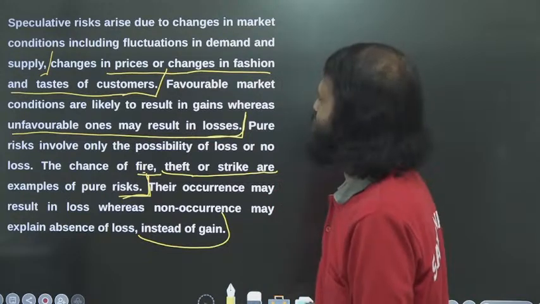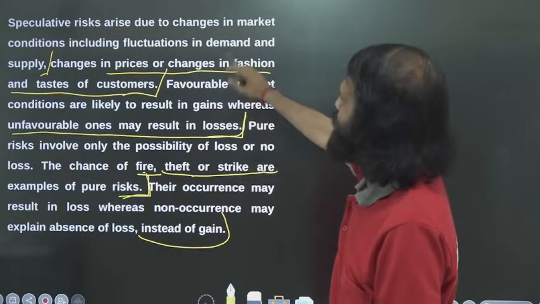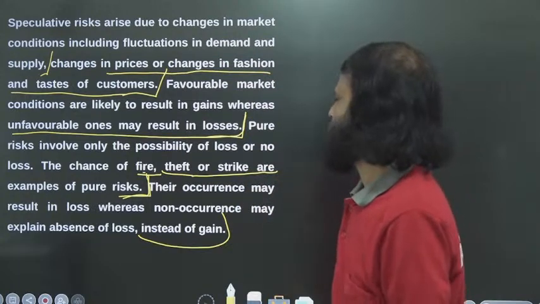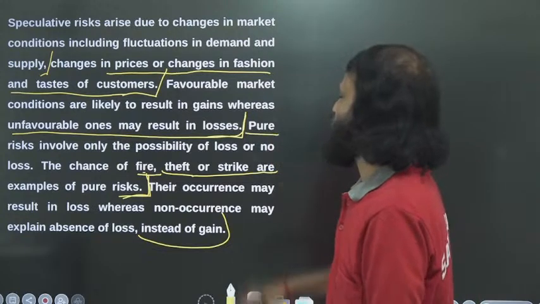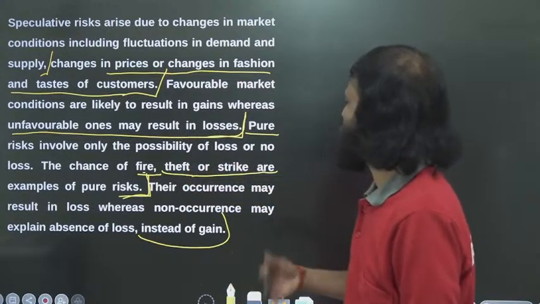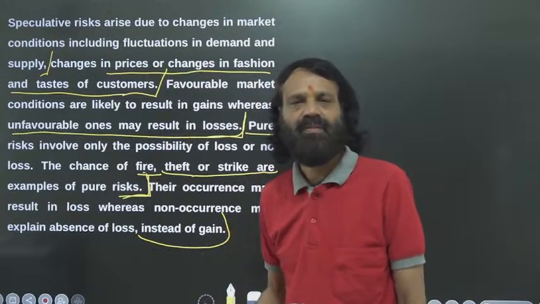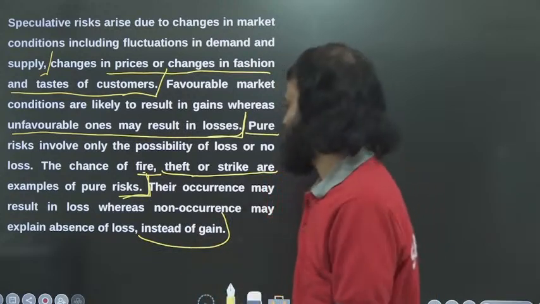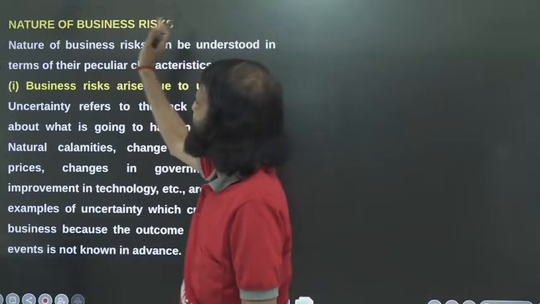So, here we studied that favorable situations must be there, and there must be demand and supply in the market. Then what else did we study? We wanted to reduce the loss, and we wanted to eliminate the pure risk. Eliminate means we must try to avoid fire, theft, strike, etc. In many situations we cannot say when it will occur, but we have to be very vigilant, that's all. Then we can move on to the next point, nature of business risk.